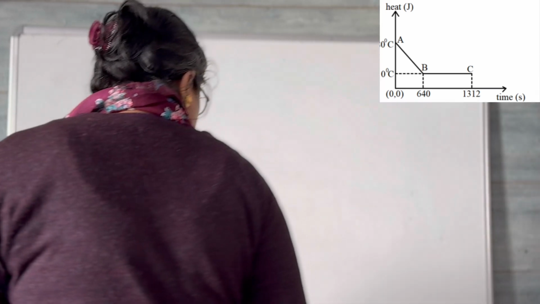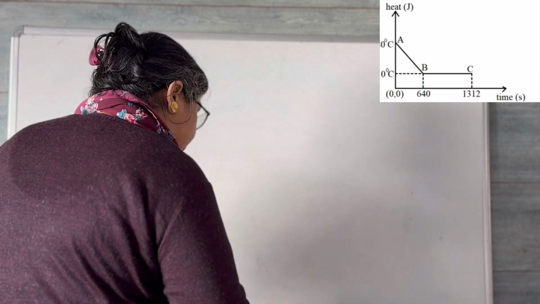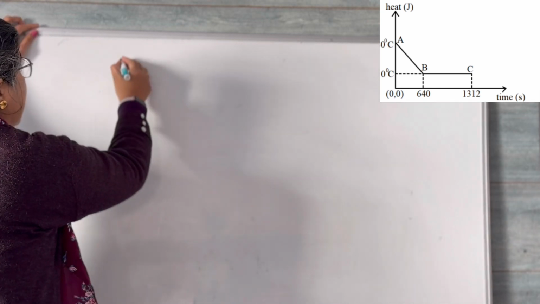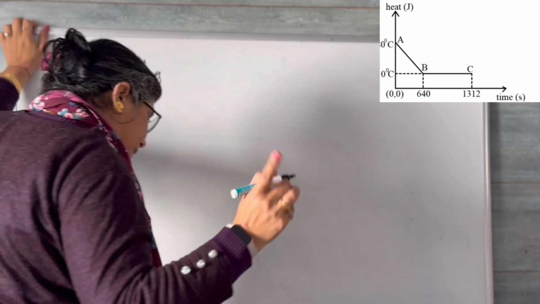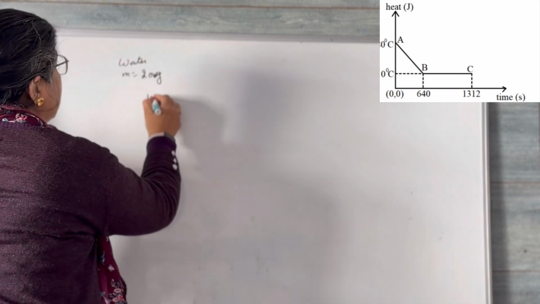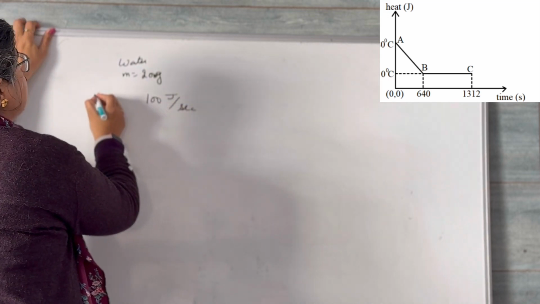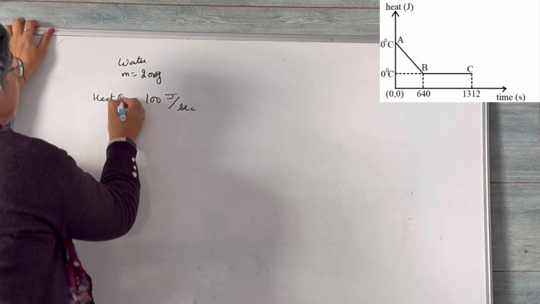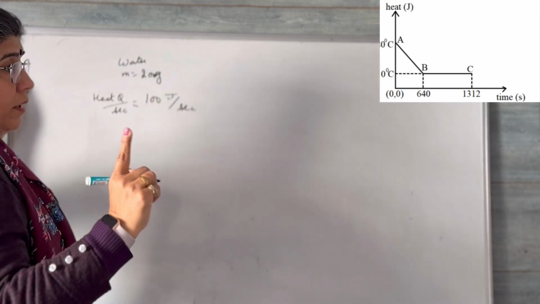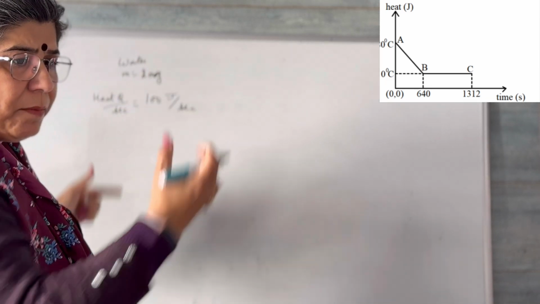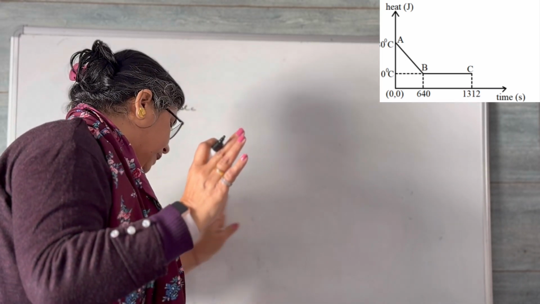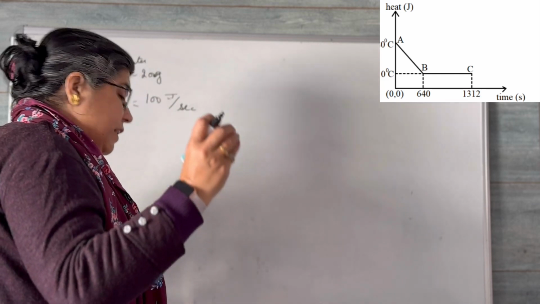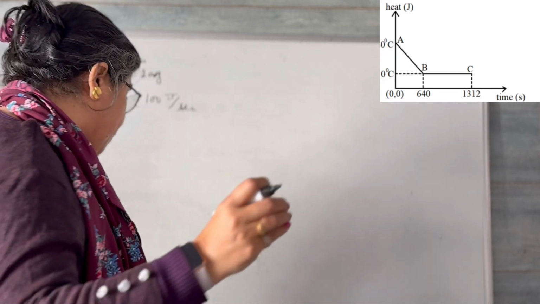That's your answer. Next question is a graph based question from the sample paper of 2022. Here he says mass of water is 200 grams and heat is extracted at the rate of 100 joule per second. This is heat Q per second, beta, this is not joule. Heat is extracted from any source, maybe electric source or any source, at 100 joule per second. And you are given a graph between temperature and time. He says calculate specific heat capacity of water.